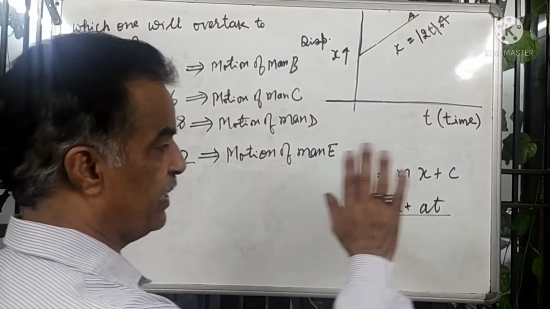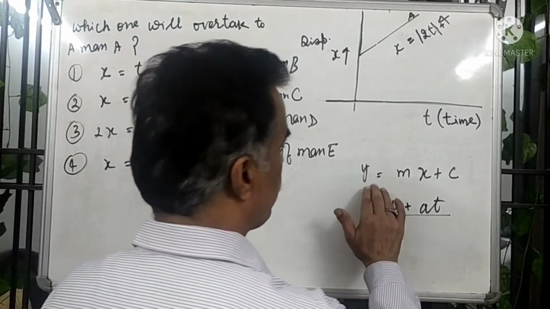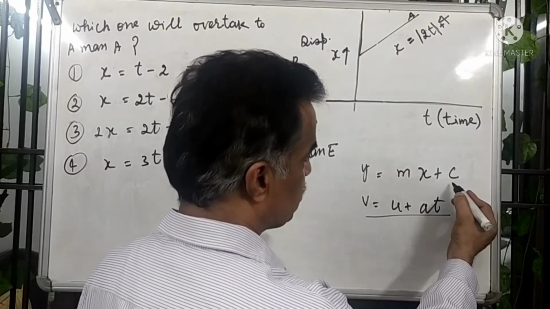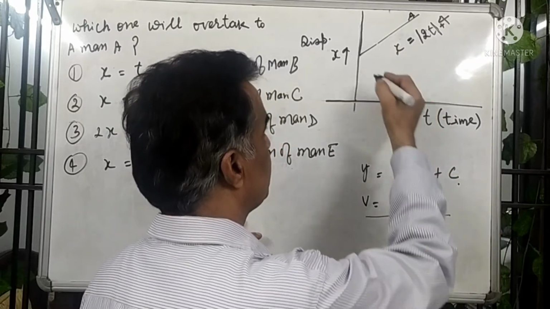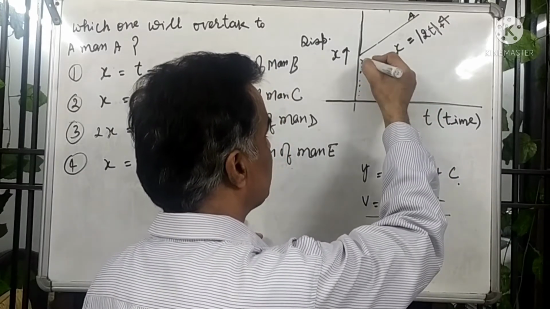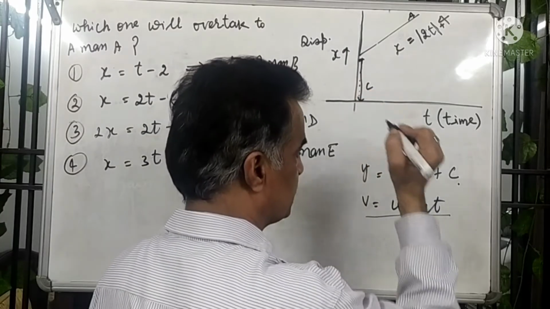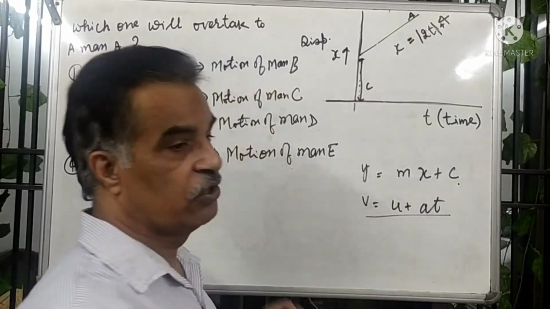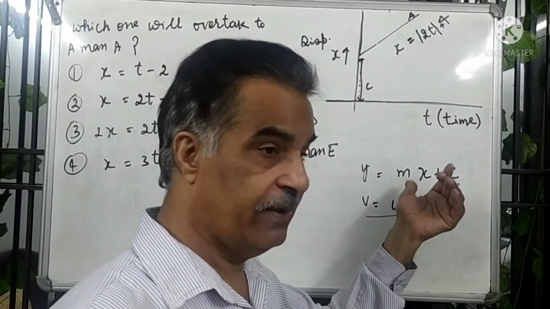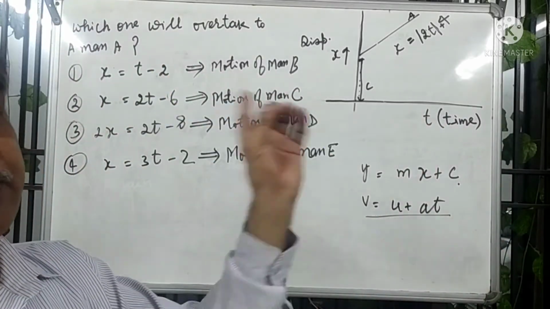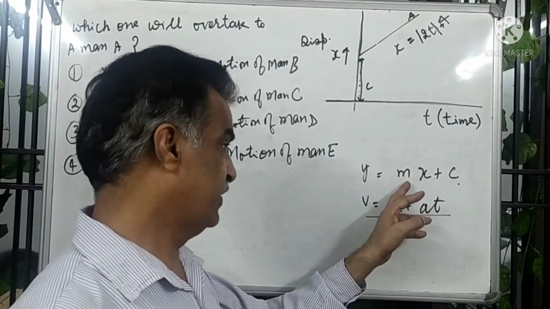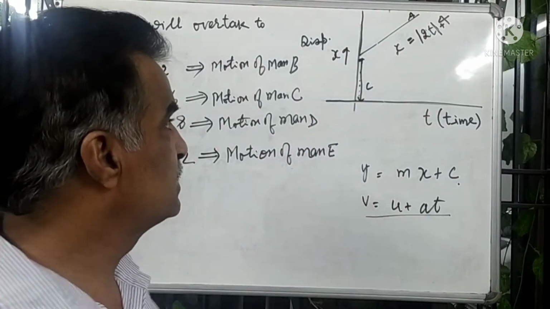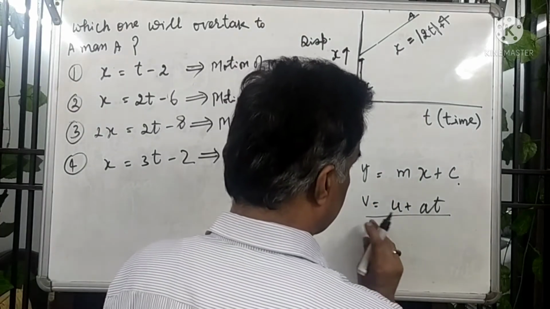Please listen to me. According to coordinate geometry, y = mx + c. Here c is the intercept along the y-axis, and m is the slope of the line. In a displacement-time graph, the slope of the line represents velocity. So this is the velocity and this is the displacement axis. So by comparing this,